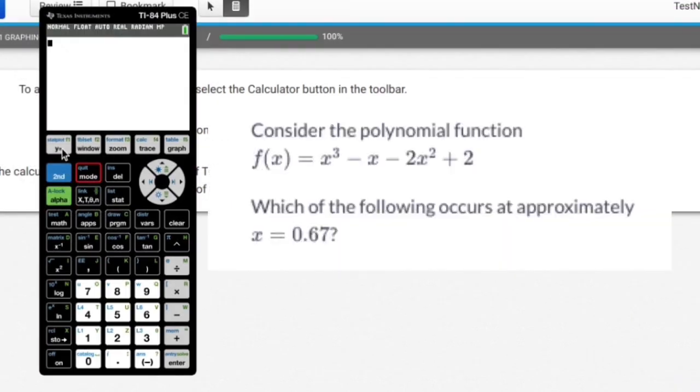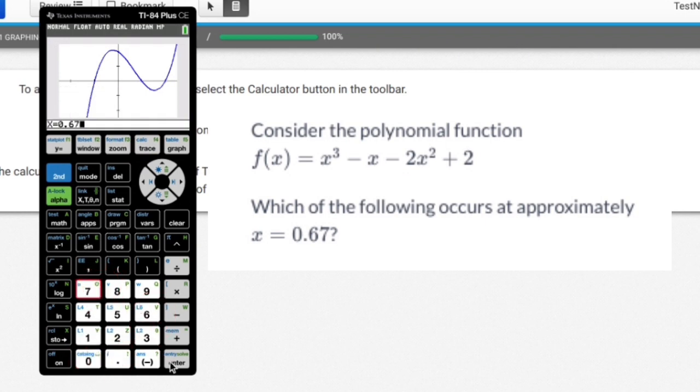Okay, so I'm supposed to graph this guy right here. I already typed it in to save some time. When I go to graph, it gives me a nice little cubic right there. And I care about what happens at 0.67. Now, at 0.67, I really can't see it that well. So I can zoom in by hitting zoom 2, hitting enter, and I can kind of see what happens at 0.67. If that's not good enough for you, you can hit second calc and calculate the value at